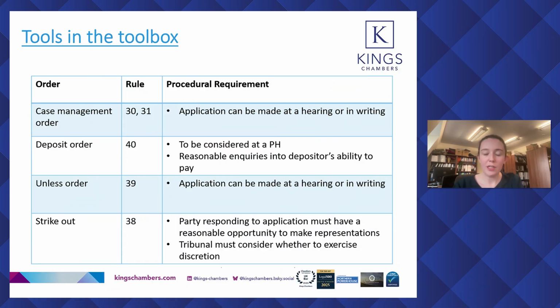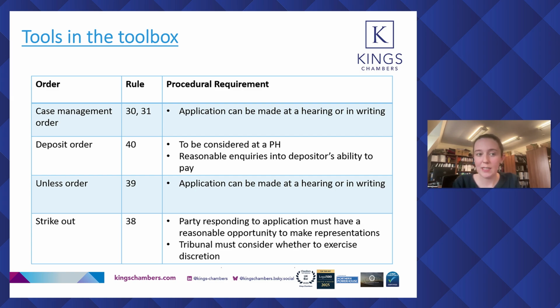So what are the tools in the toolbox? For both claimants and respondents, they should consider strikeout as one tool among many. And I think the problem for respondents is that often it's tempting to want to try to be harsh or come across strong and make a strikeout application straight off the bat. But that's often not the best thing to do because the bar for a strikeout, particularly in terms of prospects, is so high. So it's worth considering, for example, instead of striking something out, whether that deposit order, which has significant costs